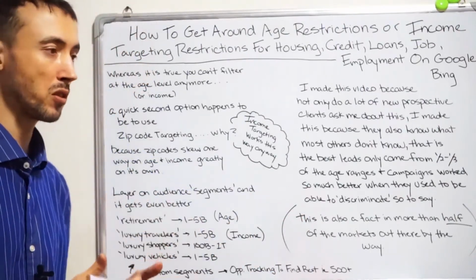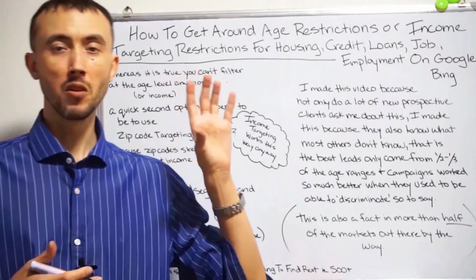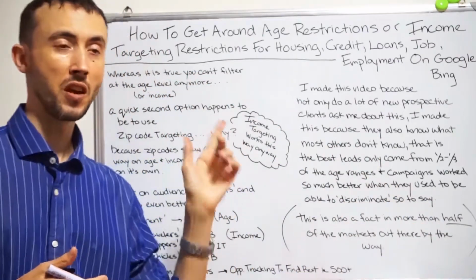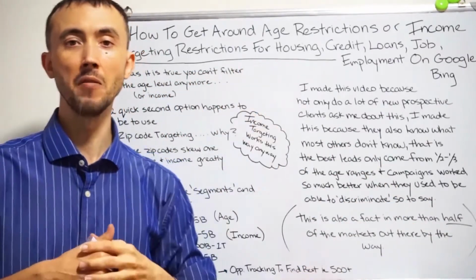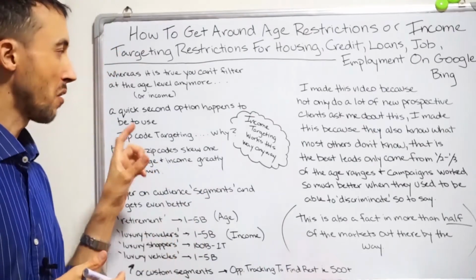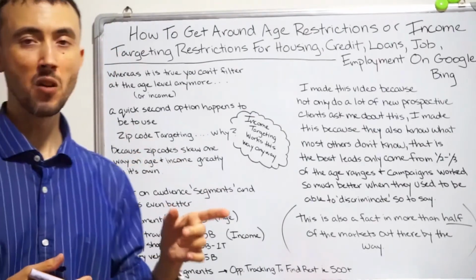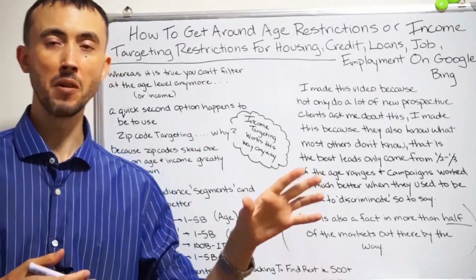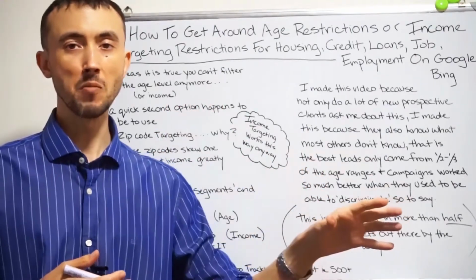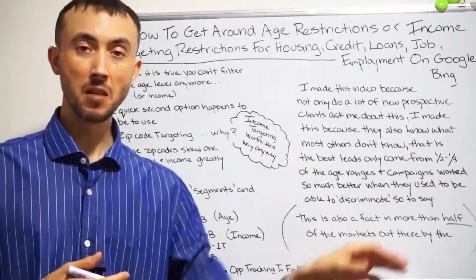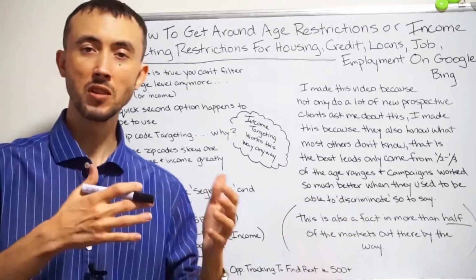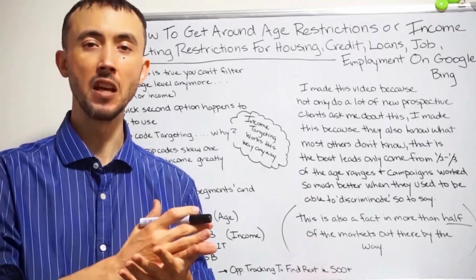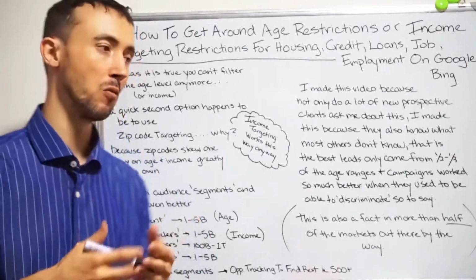which way the income and which way the age demographics skew in those zip codes. Before the restrictions were there, you knew you had to have people in the top 20% of income demographics. You could go out there and find the zip codes that skew a majority to the higher income demographics. And of course, on the age demographic side, the same thing: which ones have at least half of the age demographics that you want.